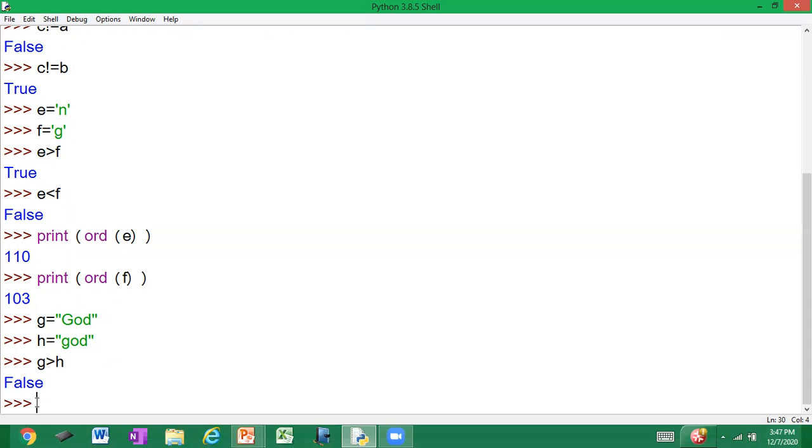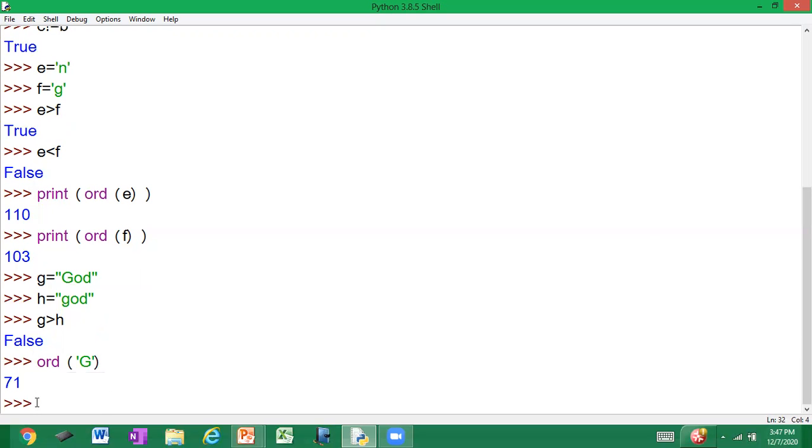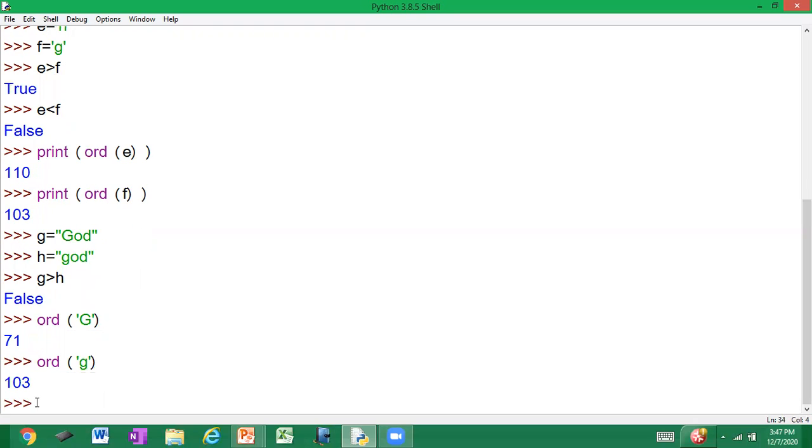So here, let us check the ordinal value of capital G, right? It is 71. The same way, the ordinal value of small g, it is 103. So g greater than h, that is, 71 is greater than 103? No, right? So the comparison takes place character by character, right? So let us go with another value, i equal to God house,